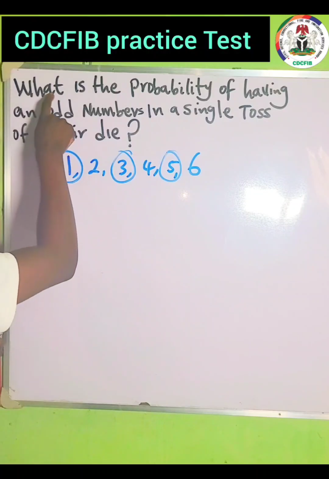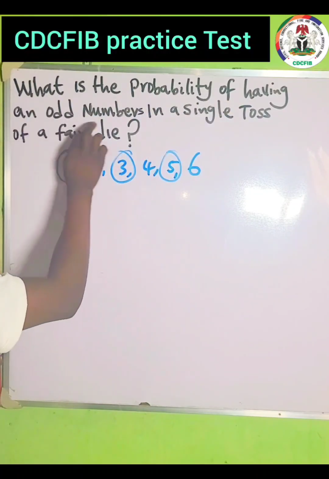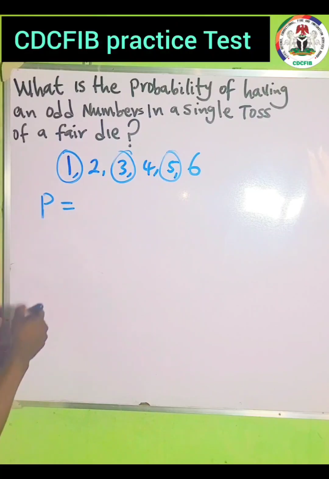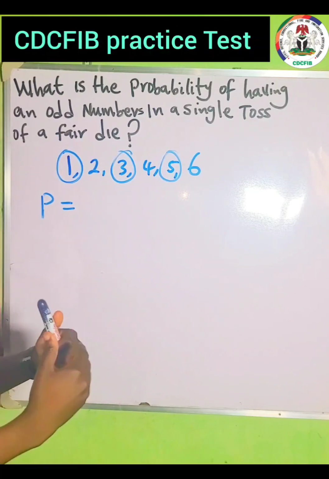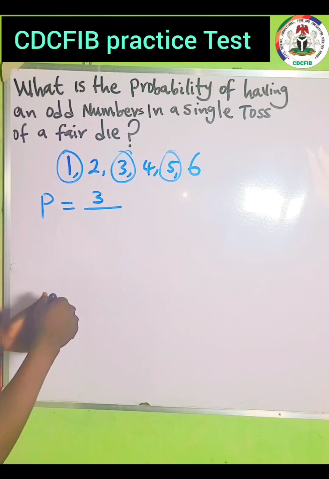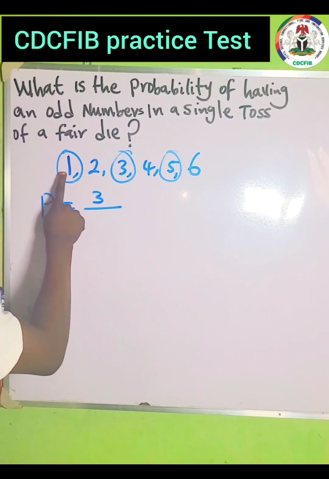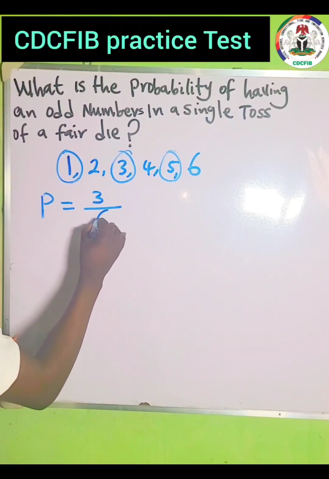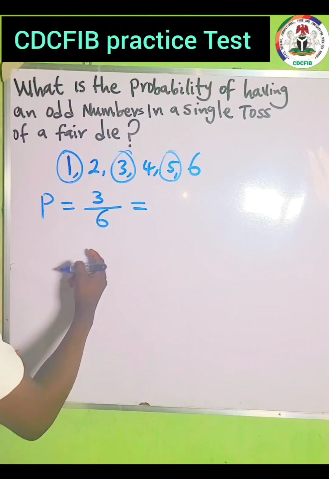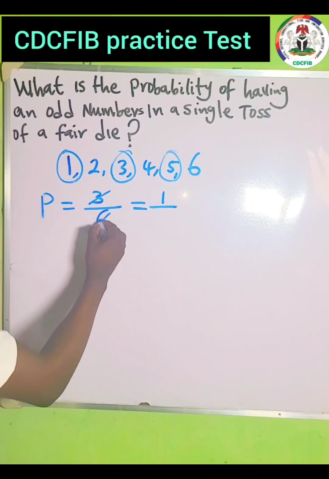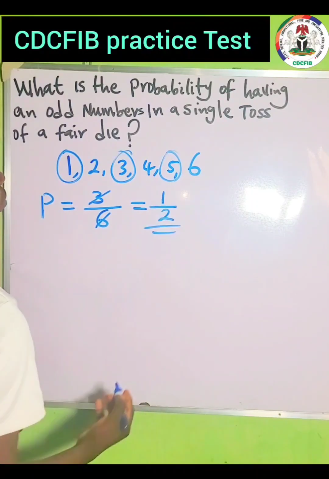Then we are asked to find the probability of having an odd number in a single toss of a fair die. So the probability now is going to be equal to the number of favorable outcomes, which is the odd numbers 1, 3, 5, divided by the possible outcomes. And the possible outcomes are 1, 2, 3, 4, 5, 6 because it has 6 faces. So we're going to have 3 over 6. And 3 over 6 can be reduced: 3 can go into 3 one time, and 3 can go into 6 two times. So the answer is 1 over 2